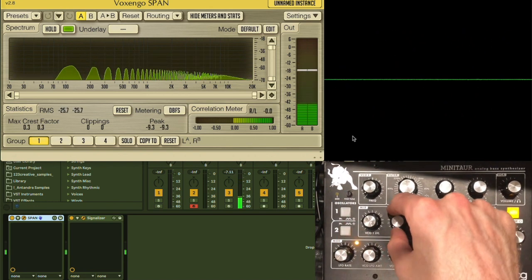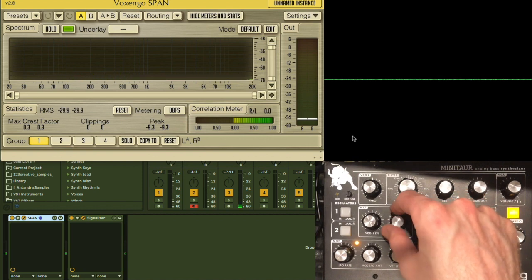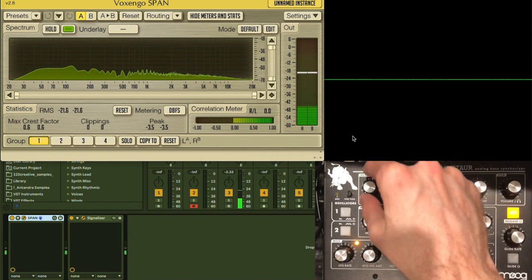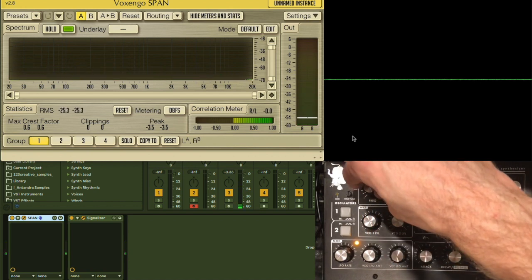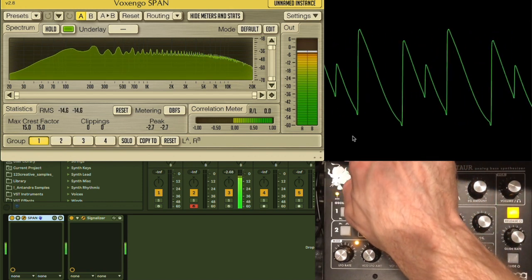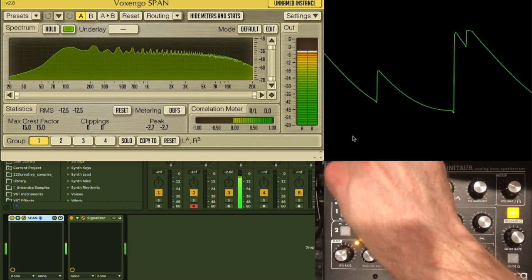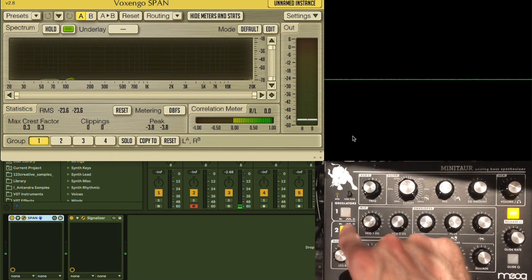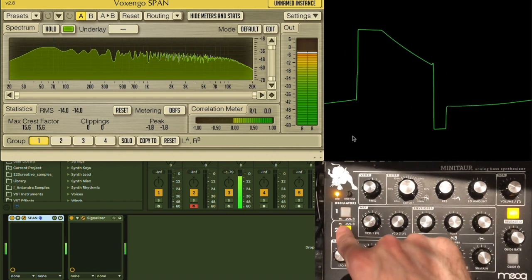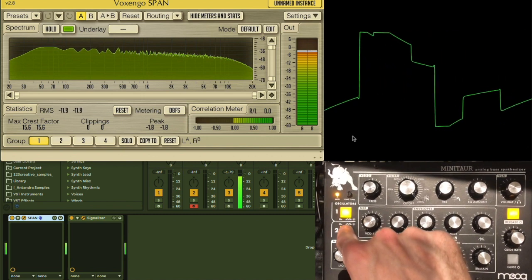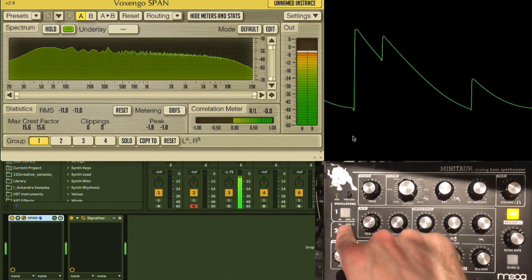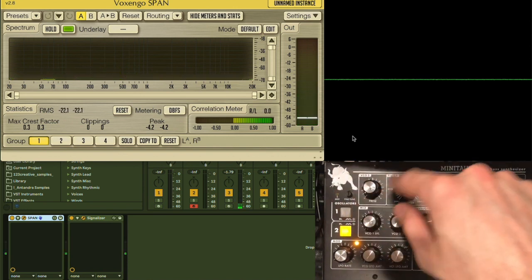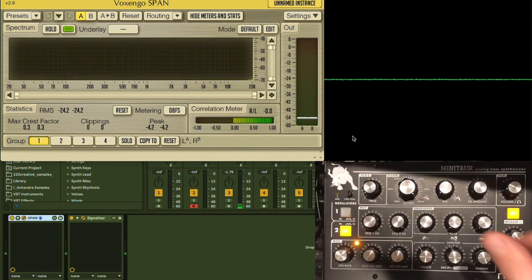Also turn on this second oscillator by turning up the volume, and then you can adjust the pitch of that second oscillator here, and you can also change the shape here between saw and square. So you get some nice combinations there to create harmonics, and then the filter is really sweet on the Minitaur,